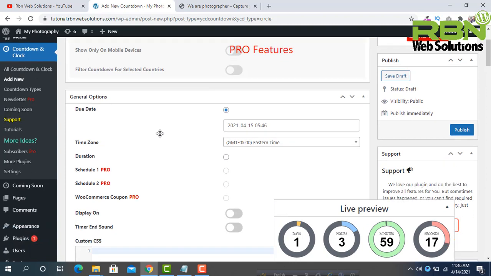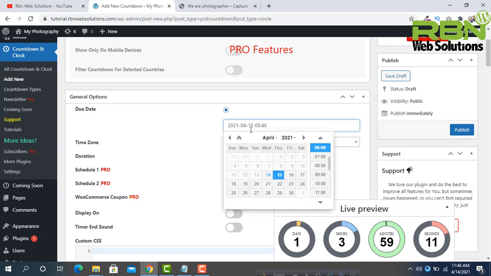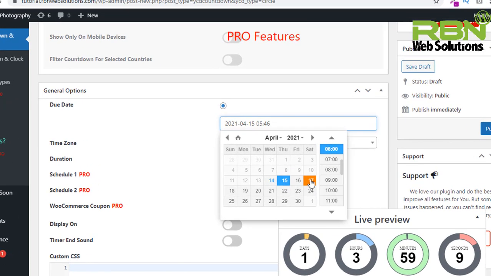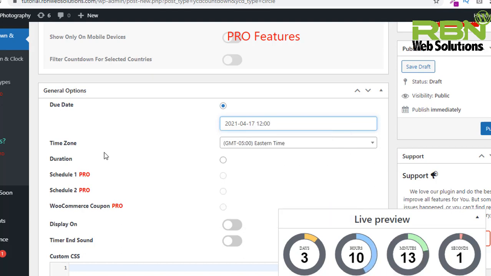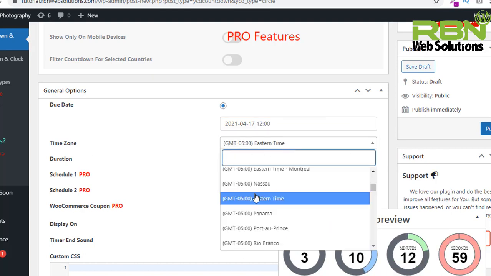Scroll down, and here you will see the due date. If you want to set a date, suppose we are going to set 7th April and the time is 12, and the time zone you can set from here.